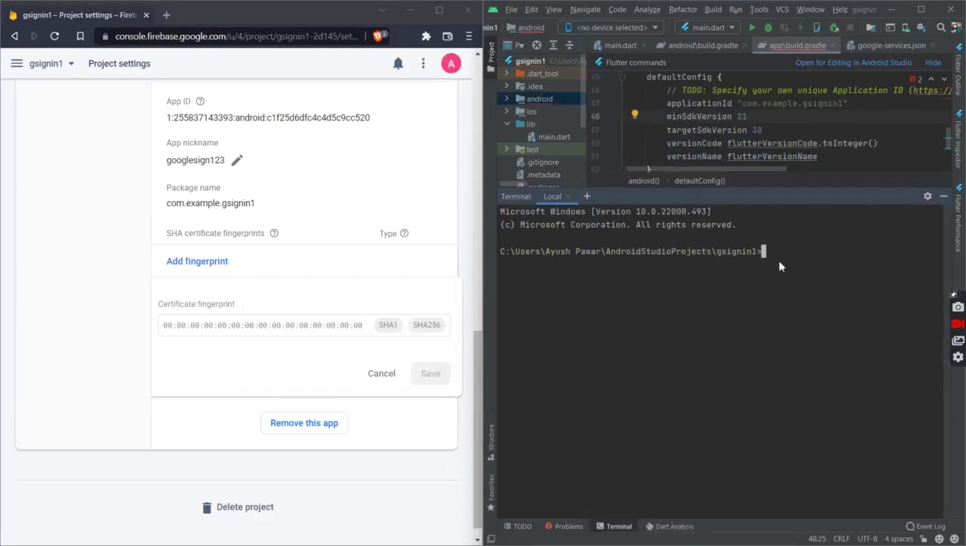We need to go to our Android directory. So I will press cd android. Now I am in my Android directory. Now I'll type this command: gradlew signingReport. This command will generate a list of SHA keys for me, and from that I'll